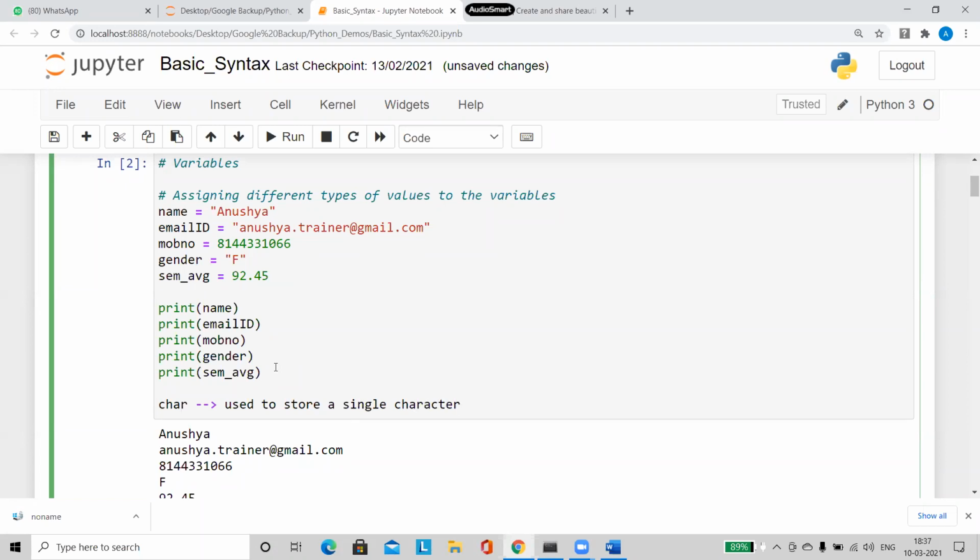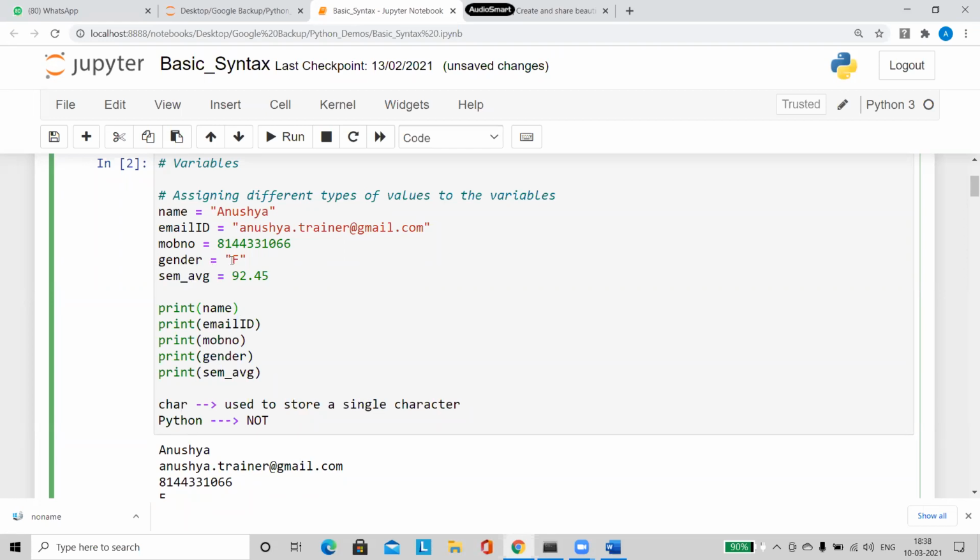But in Python, this is not available. Even when you are storing a single character, it is treated as a string only. Remember this point very carefully: Python does not have a char data type.